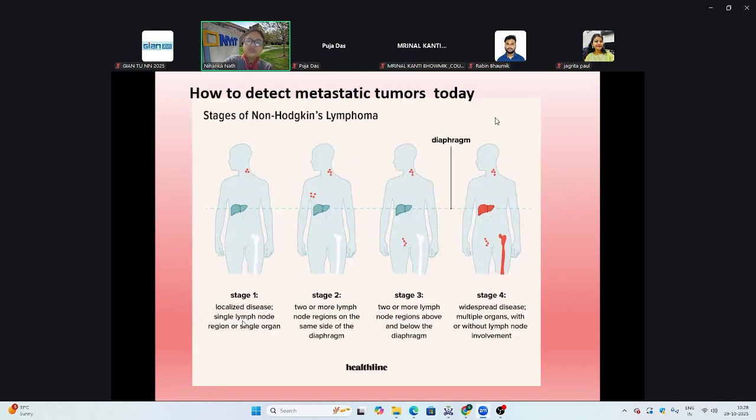which is a little bit of explanation of how those metastatic tumors that might have gone somewhere, how do you detect them today? So I just wanted to bring in some technology here as well. And so this is an example of non-Hodgkin's lymphoma. Where is the lymphoma? Well, it is in the